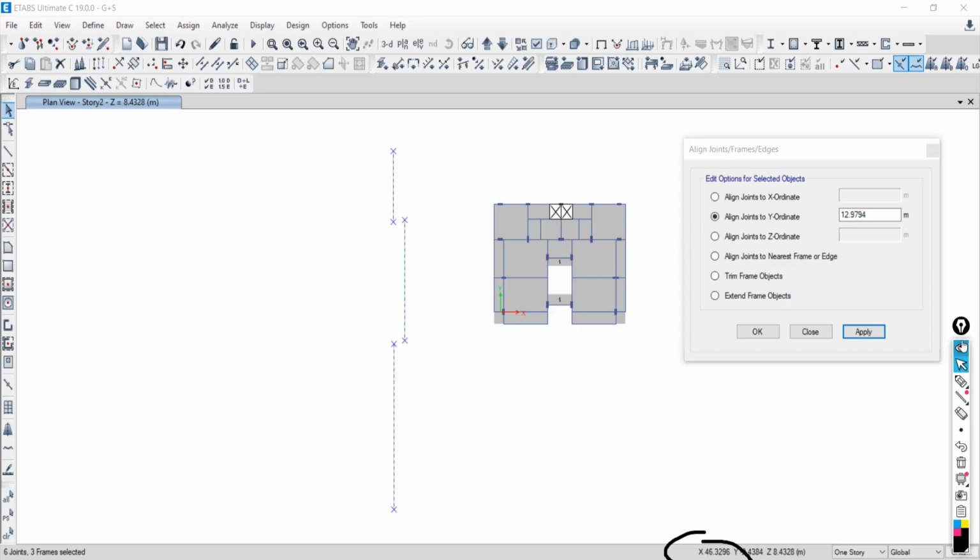I want to align all these beams about the x-axis, so I am taking minus 10.3632. Select all of these frames, align joints about minus 10.3632. Now say apply. As you can see, all the frames have been aligned along one line. Understood?